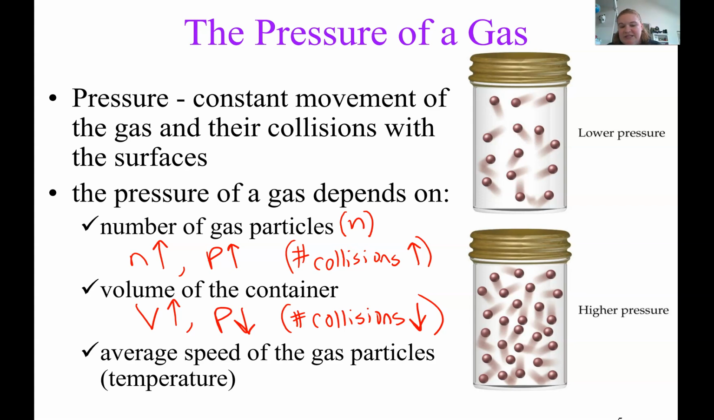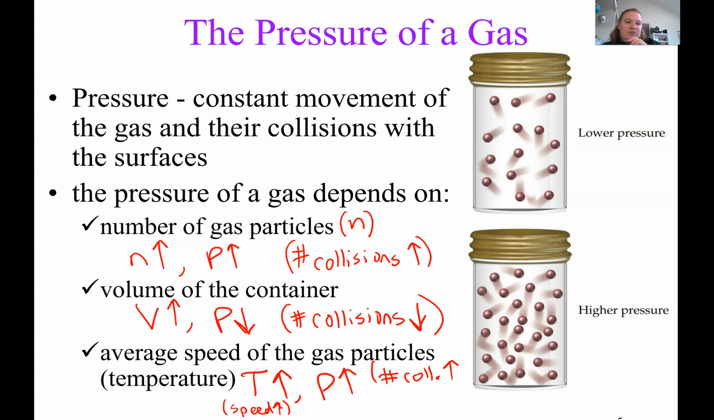And then the last one says the average speed of the gas particles. So we know that this is related to temperature. So if the temperature increases, then the pressure increases. Because if the temperature is increasing, then the speed is increasing. And if the temperature goes up, and the speed goes up, that means the gas molecules are moving around a lot faster. So this is going to cause the number of collisions to increase, because think about if you're walking